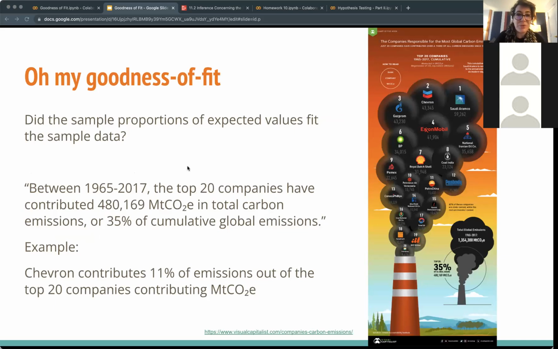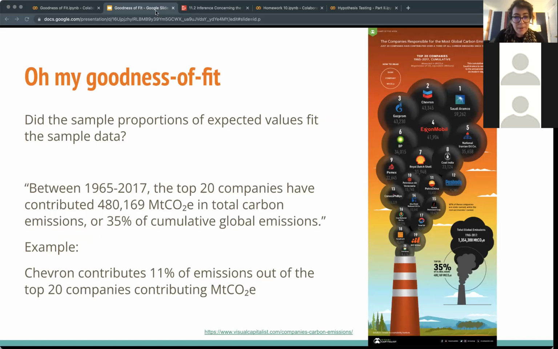So thinking about this goodness of fit, I think it's always kind of funny, we're just phrasing it in this way. We're trying to see, did the sample proportions of expected values fit the sample data? So let's walk through a scenario of